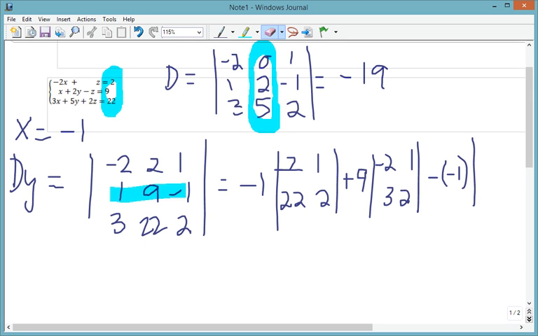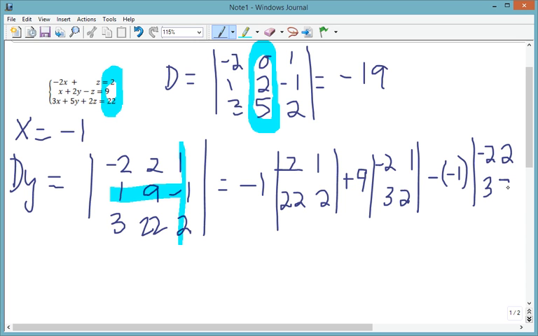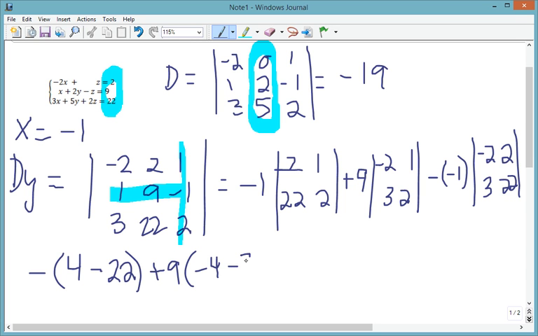So I'm going to cross off the row and column with the negative 1 and be left with negative 2, 2, 3, 22. All right, so I'm going to have negative, whatever this is. So 2 times 2 is 4 minus 22 plus 9 times negative 4 minus 3 plus 1 times negative 44